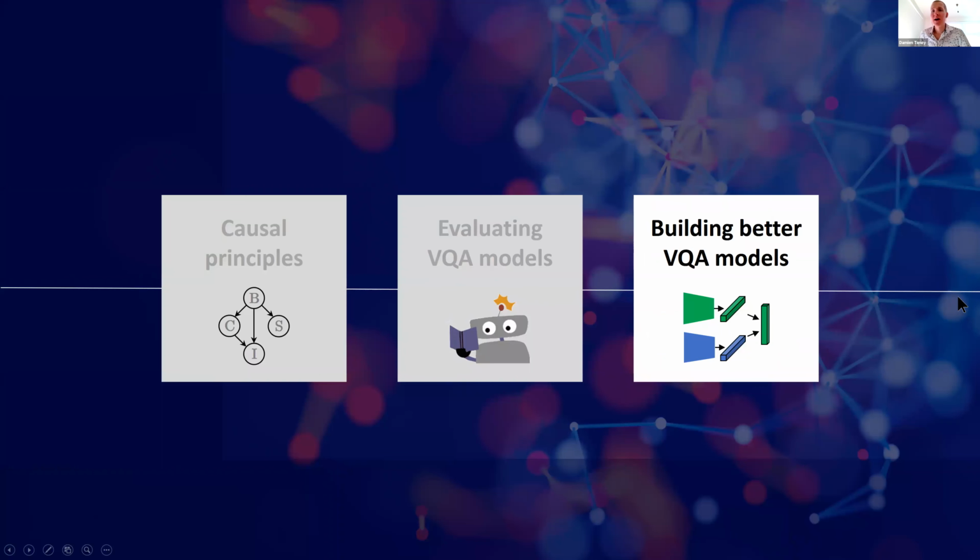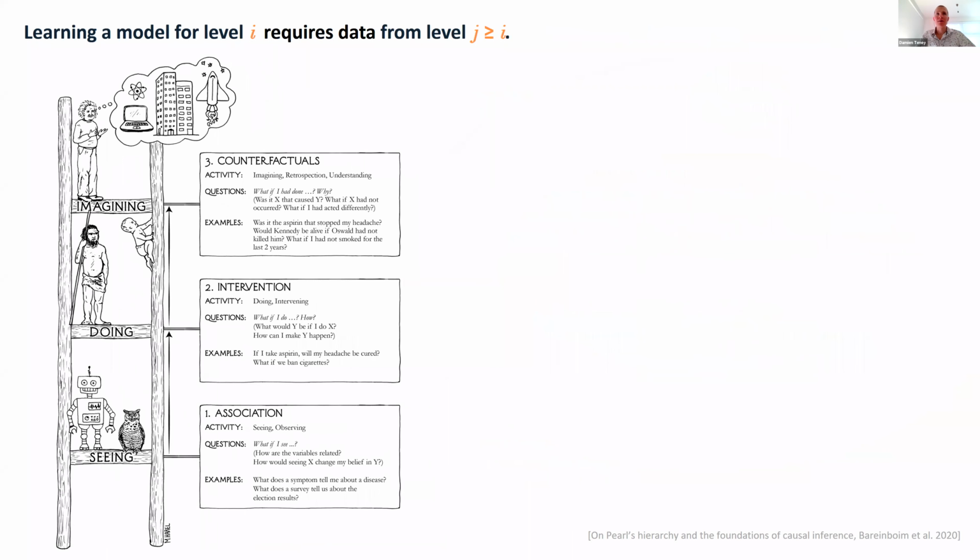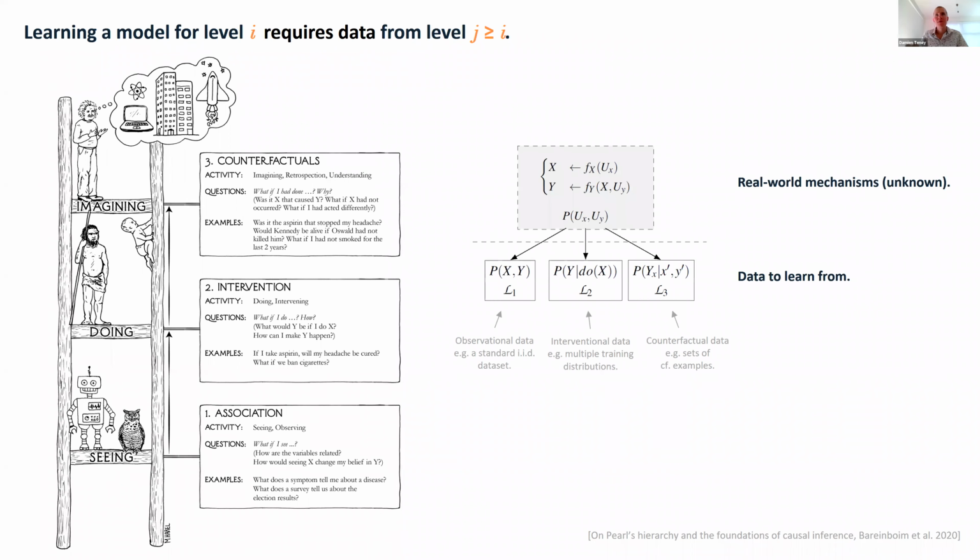So now we're going to see how this can help in building better VQA models or understand existing methods for VQA. And I'm going to stick a little bit more with this causal hierarchy. And a key principle here is that learning a model that is capable of answering queries at a given level requires data that matches this level or a level above. So what does this mean? For example,